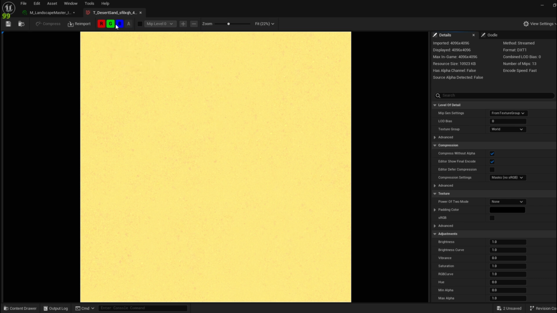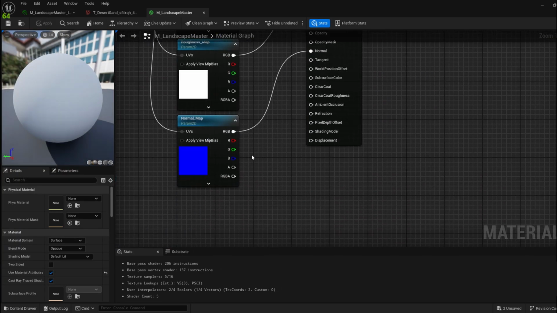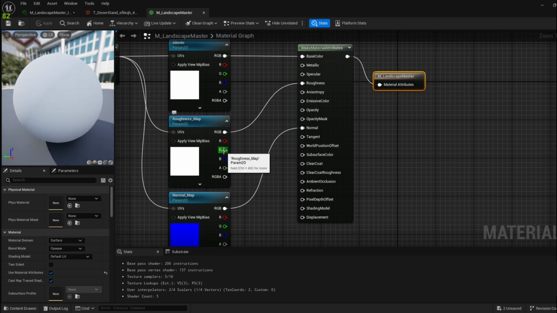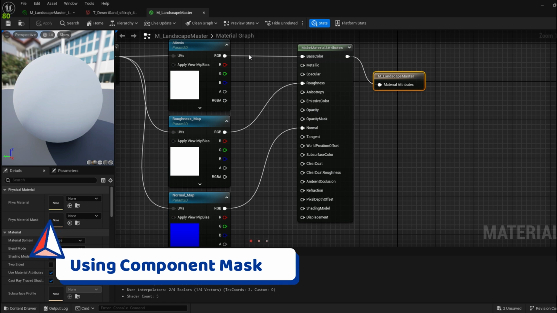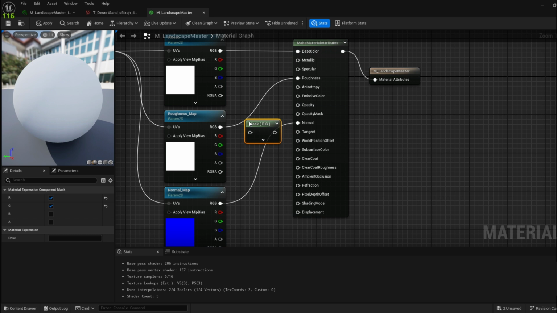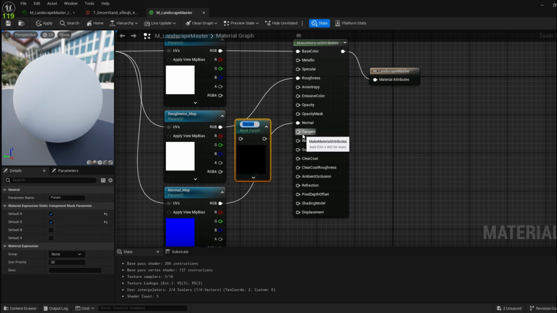So in our case, we have a roughness map in our green channel. So if we go back to our material, we can see we have connected our roughness map to our RGB, and it's not connected to our green channel. So in order to fix that, what I'm going to do is I'm just going to bring in a component mask, and I'm just going to convert this to a parameter. I'm just going to call this